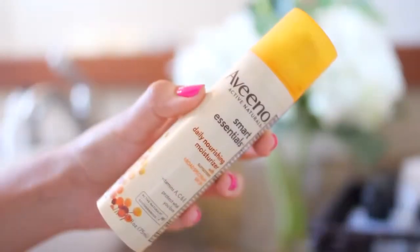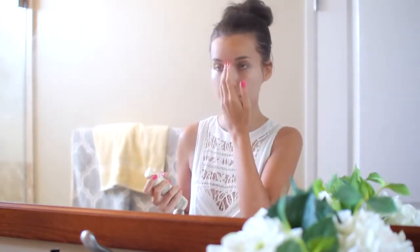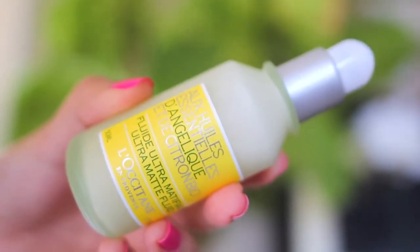I'm going to be using one of my favorites, the Aveeno Smart Essentials Daily Nourishing Moisturizer, and I really like this stuff, especially in the summertime because it does have really great SPF in it, but it won't make your face greasy or shiny. Now it's time for my secret weapon, the L'Occitane Ultra Matte Fluid, and if you have